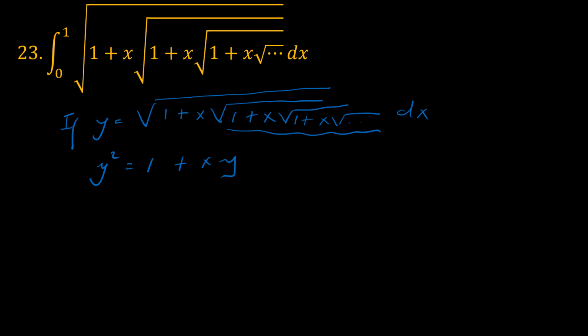So in other words, y squared minus 1 would be equal to xy, and so y minus 1 over y would be the same as x. And then if we differentiate both sides, 1 plus 1 over y squared, times dy over dx,